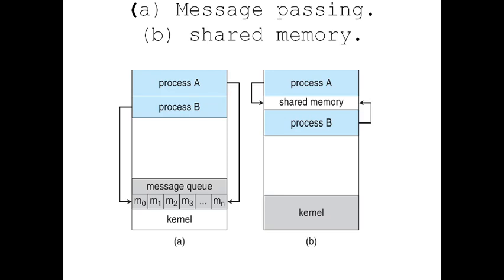This is the basic view of the two models. What you can see here first is a design of message passing based communication. Here a message queue is created. Message passing involves creation of a message queue. It's more like a mailbox. You have to create a common message queue where all the messages will be pushed by the respective processes, and the other process can retrieve the messages from the message queue.